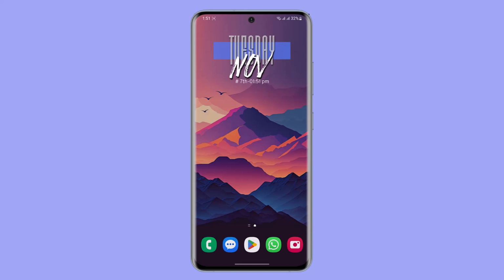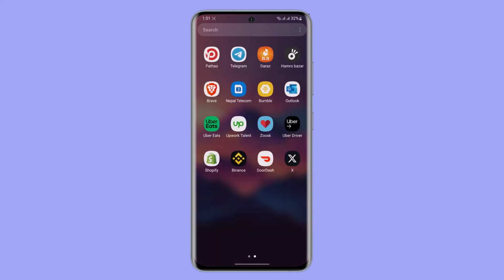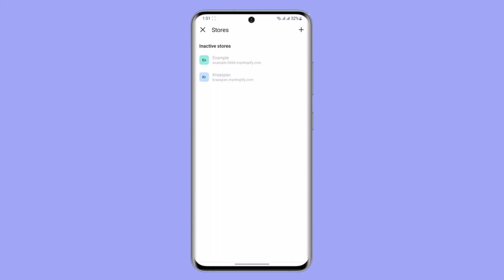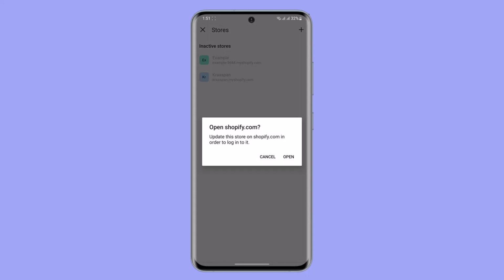For the matter, what you're going to do first is access the Shopify app that you have installed on your mobile phone, and this kind of interface is going to pop up once you have logged in here in the Shopify app, right? So here you can see in the store section, inactive stores, you can see the two examples. If you would like to delete a store, you're going to tap on it and tap on this open